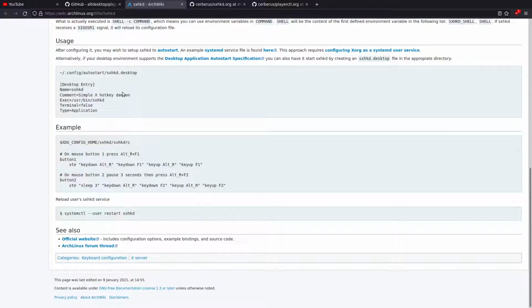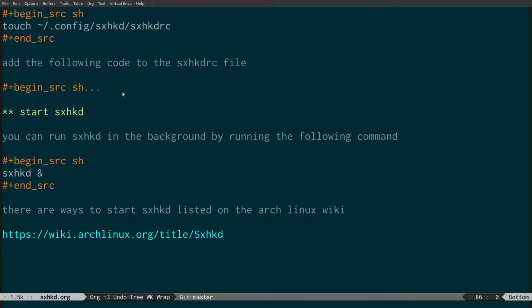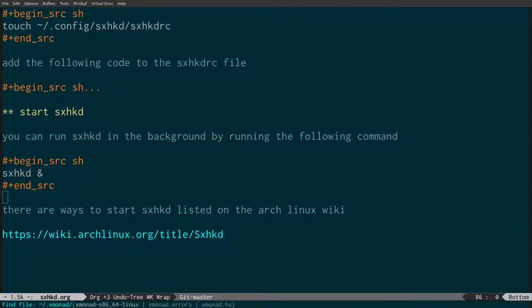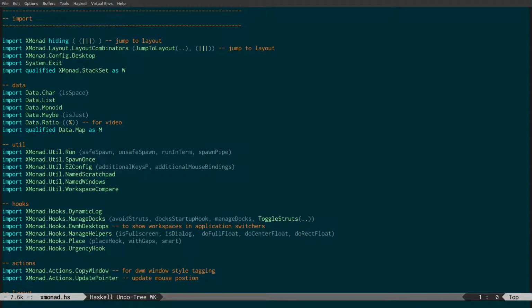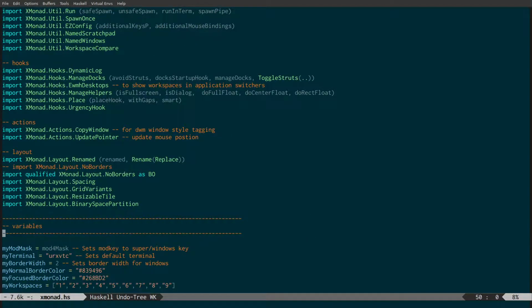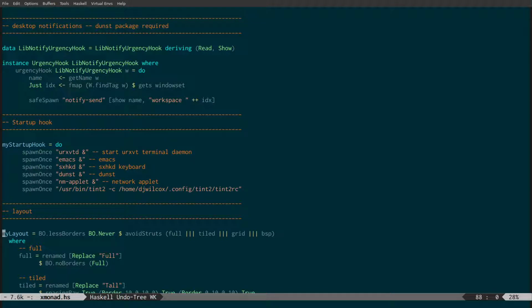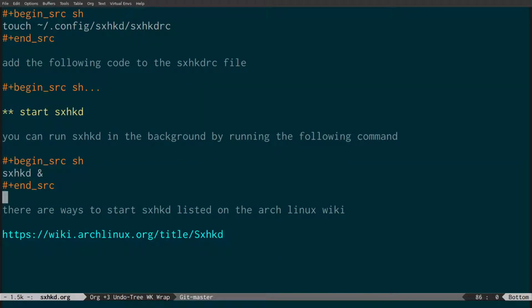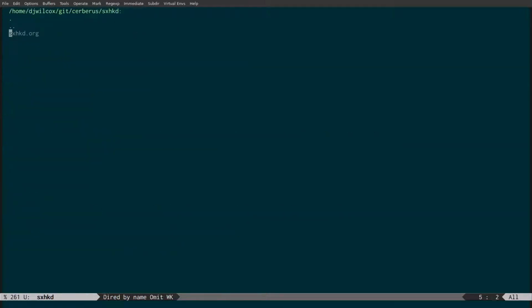If you're using a window manager, like I'm using xmonad, the way I'd start it is down here, my startup hook. So with xmonad, you'd do something like spawn once sxhkd ampersand to start the keyboard daemon. Or if you're using something else, you could put it in your xinitrc. But once you've got it running and you've got the configuration set up,